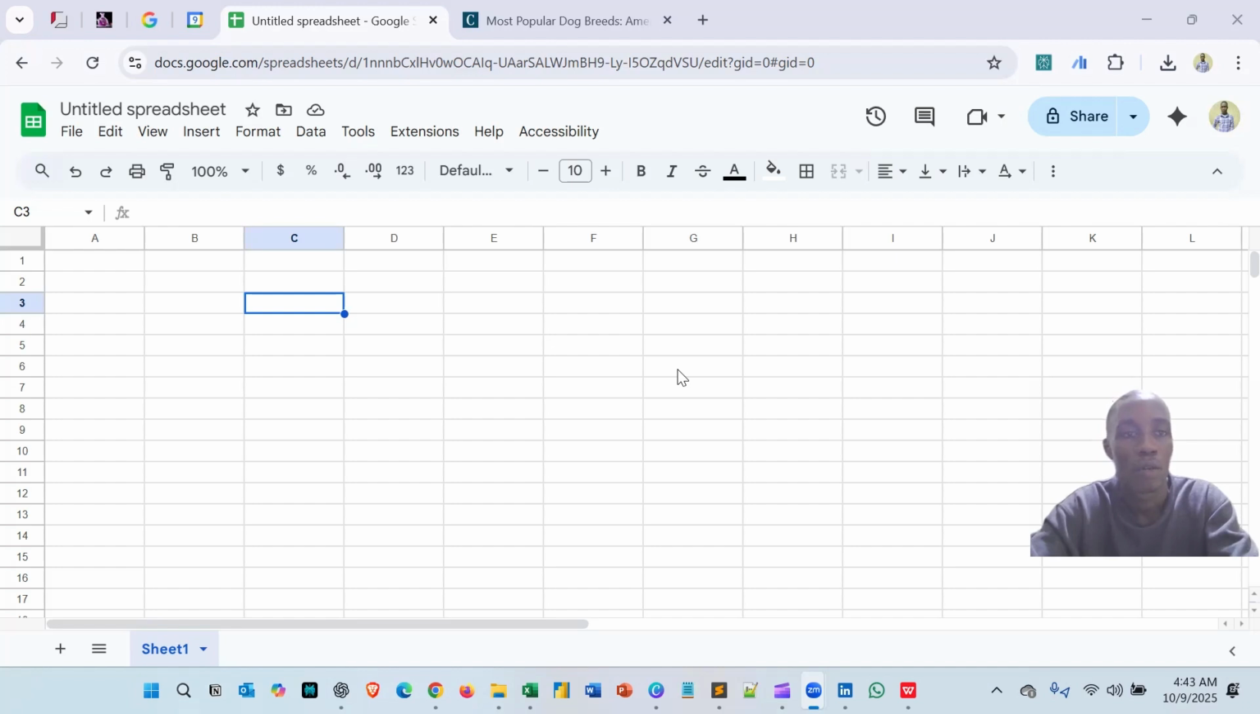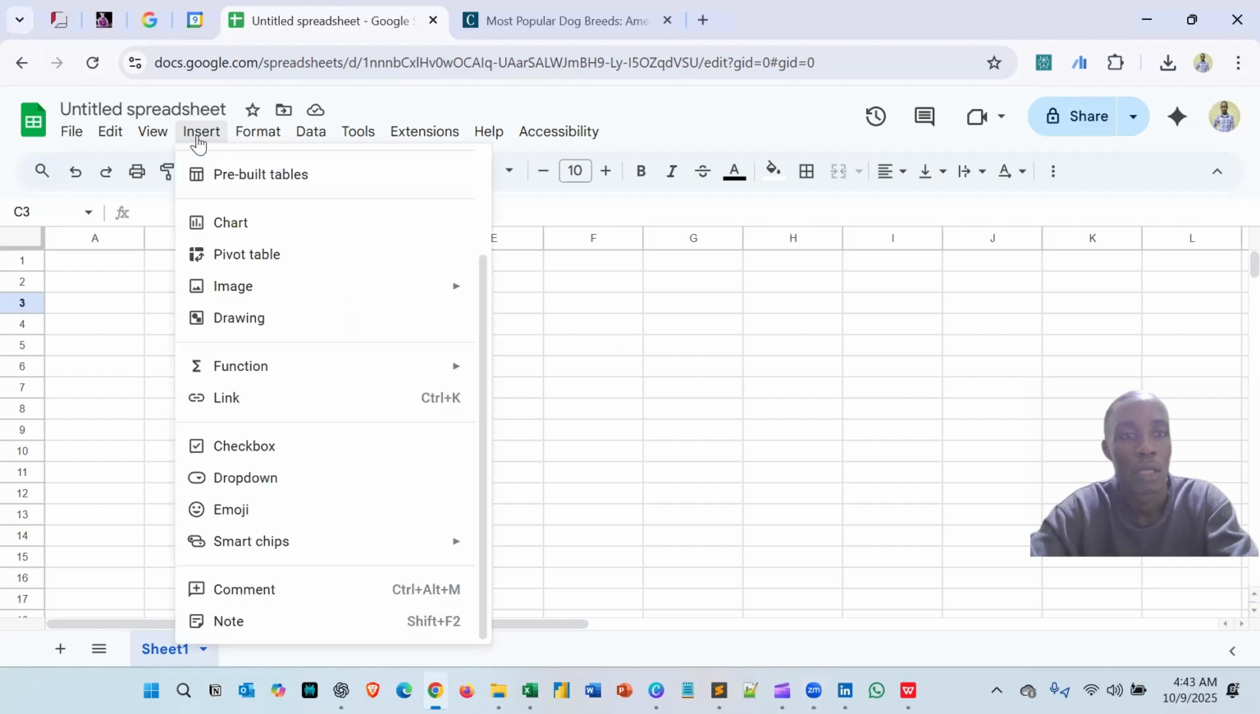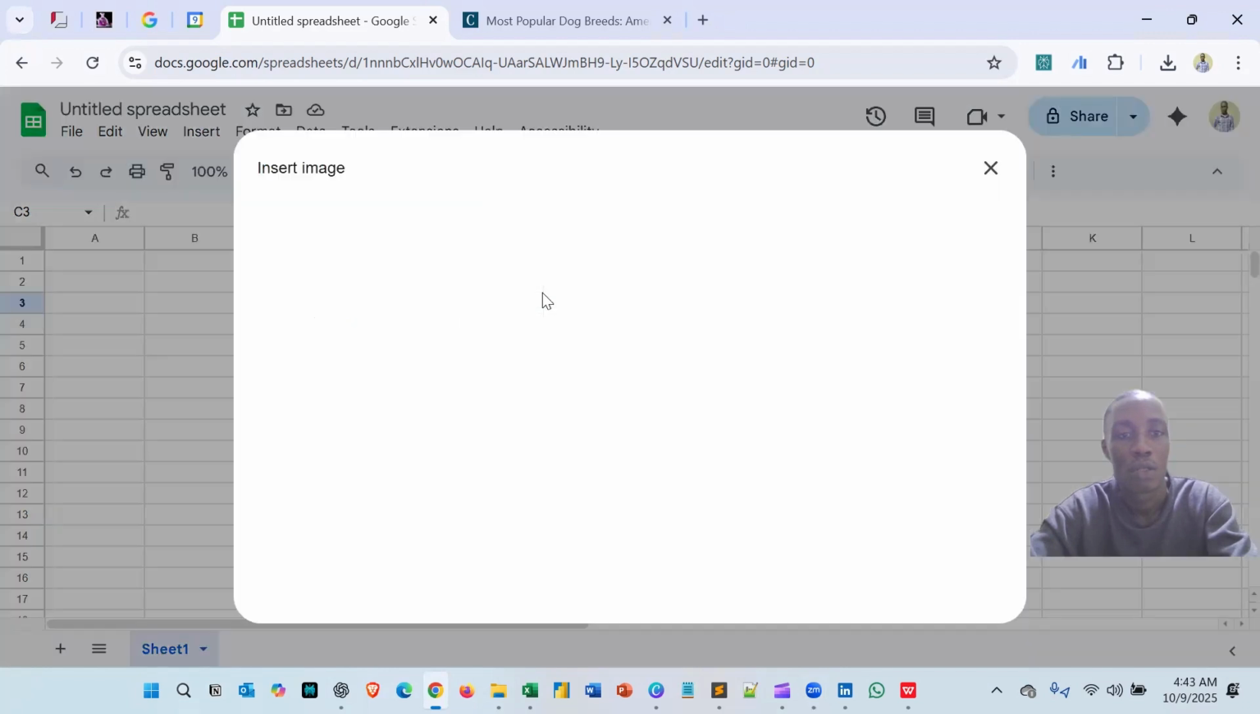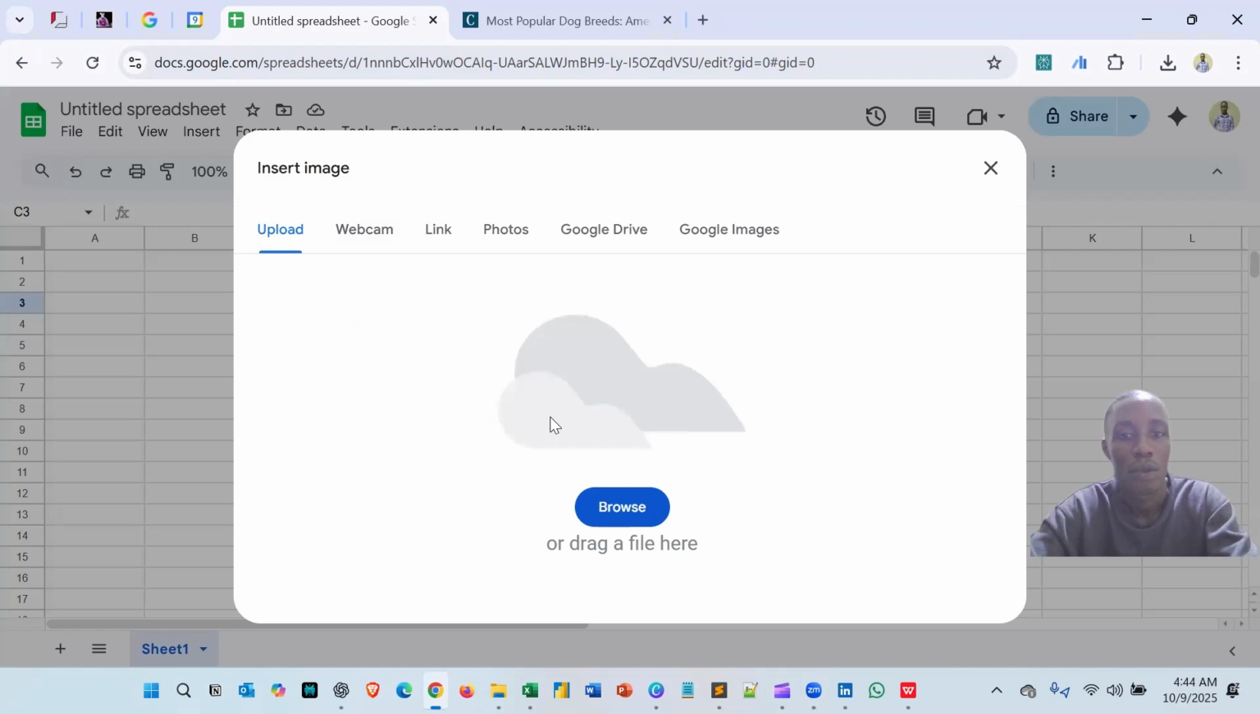So the first thing that we're going to be seeing is how we can use the Insert tab here. You click on the Insert tab and then you see where we have this image. You have two options. You can either insert the image in cell or you insert the image over cells. We are going to be seeing each of these. Let's start with inserting image in cell. So when you select this and